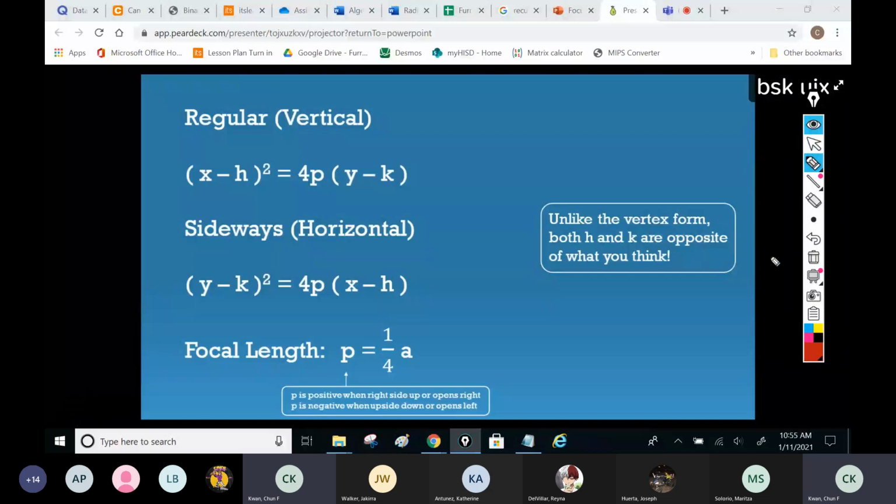All right. So now this is something that I need you guys to copy down. You need to copy everything down. So here is the formula for a regular vertical graph. Whenever we have a vertical graph, as in either right side up or upside down, these are vertical graphs. If you see a graph that looks like this, you will use this formula right here. So for any vertical graph that is pointing up or down, you will use this formula. So make sure you write it down.